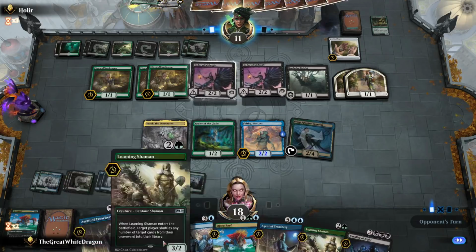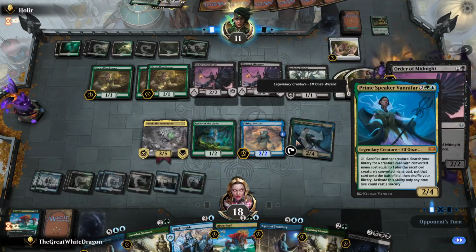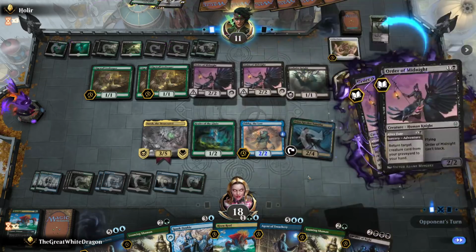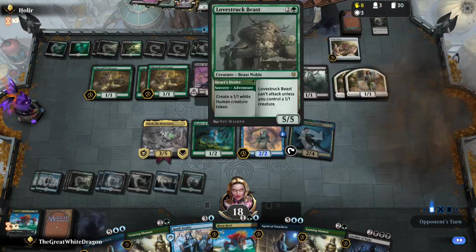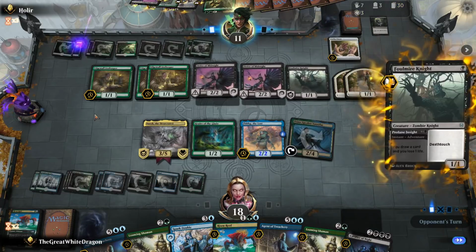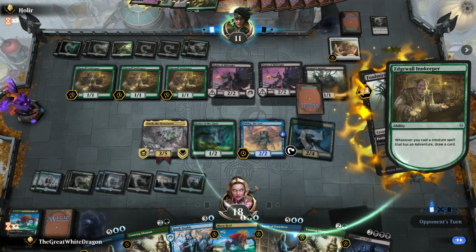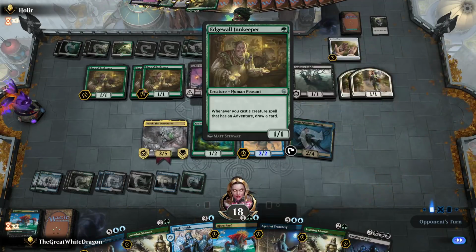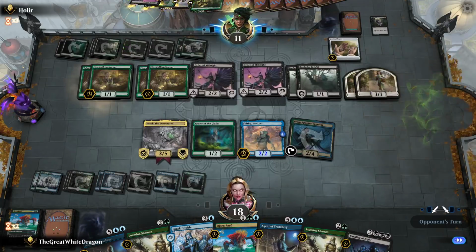Also, is there a 4-drop I can drop in? Oh, there is a Spark double, which I can make into a Prime Speaker Jennifer, and it's gonna be absolute... Why is he not... Oh, he hasn't played the Murderous Rider. Has he not drawn Murderous Riders? Because that seems absolutely insane if he hasn't. But anyway, we're gonna steal all of his Edwards and steal the lucky...